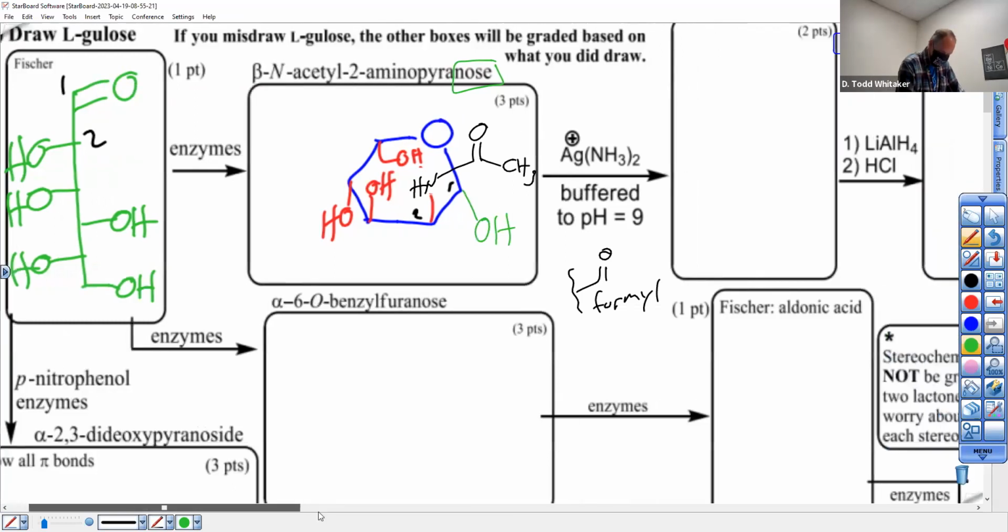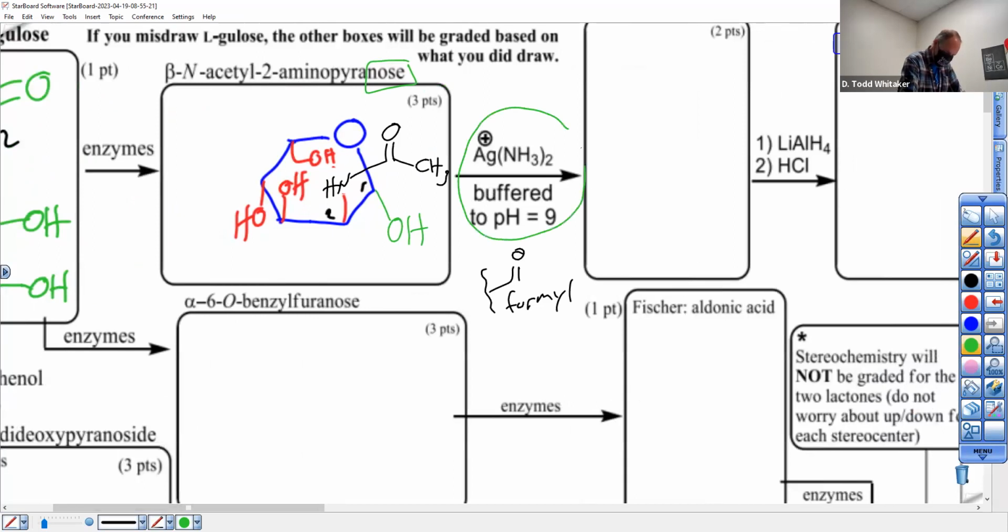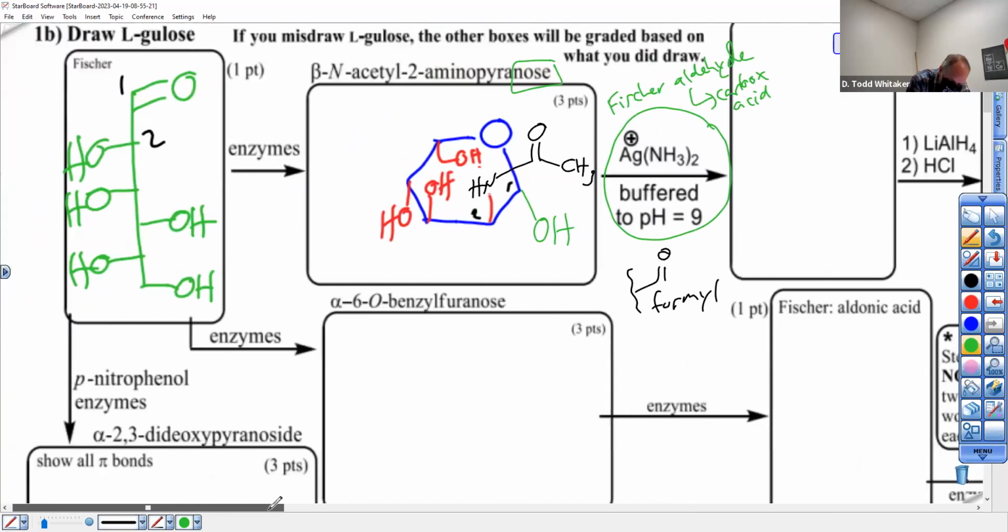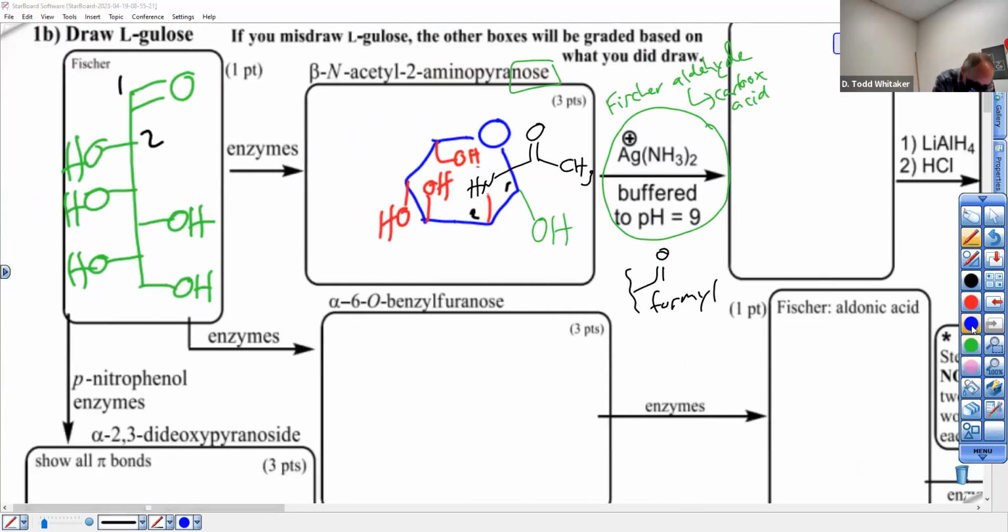Now, what you need to know here is the Fischer aldehyde goes to carboxylic acid. So do it from the Fischer. And I want to point out that a hemiacetal is always in equilibrium with the Fischer, and an acetal is not. So if you have an acetal,